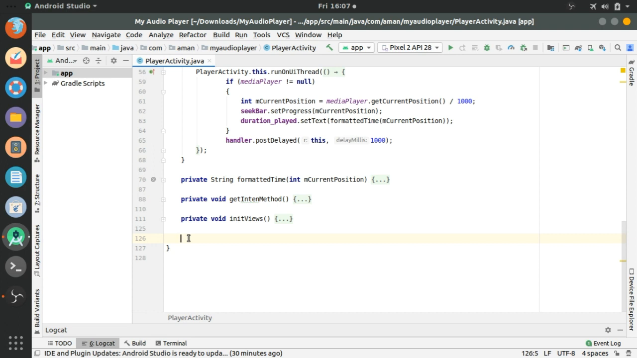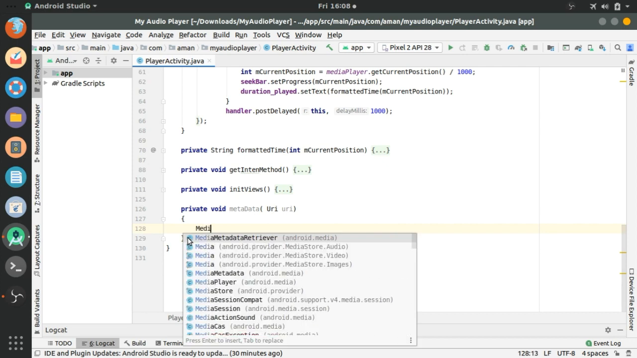In this part, we will add set on click listeners to the next, previous and play pause buttons, and also we will get the metadata of songs in our player activity at runtime. So first of all, we are creating a metadata method in player activity which will take an argument as a URI,